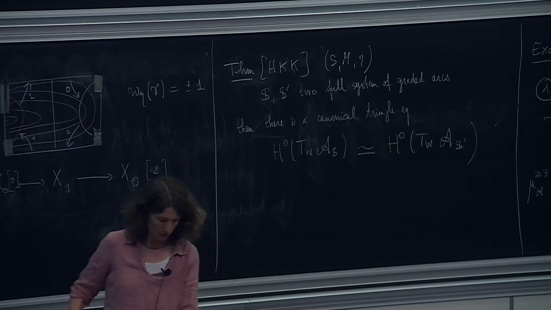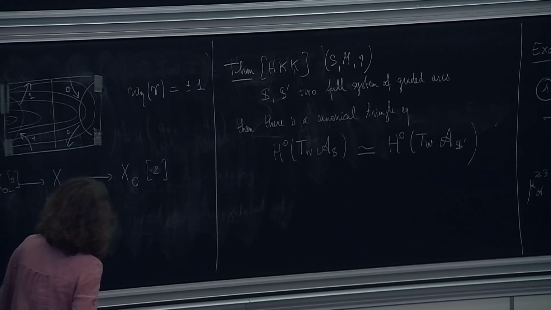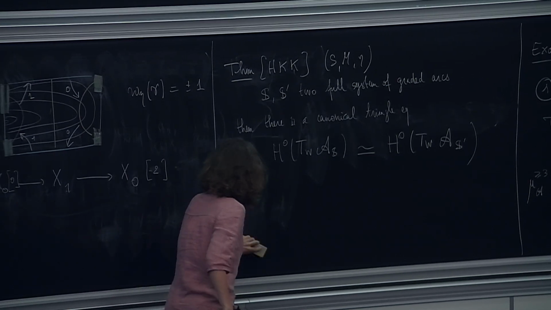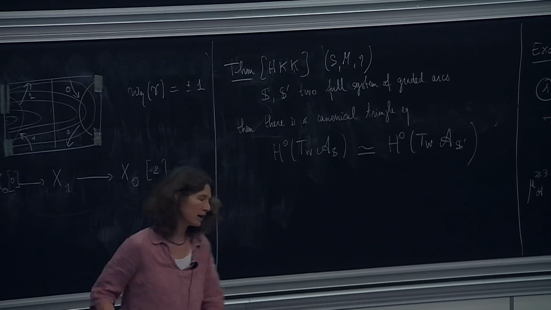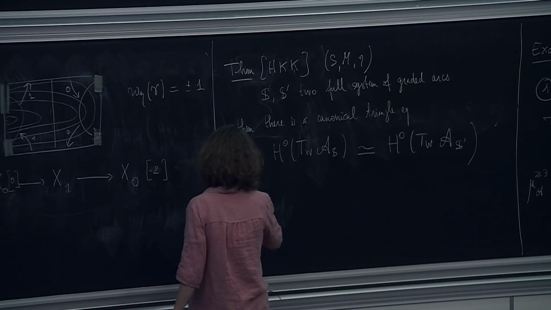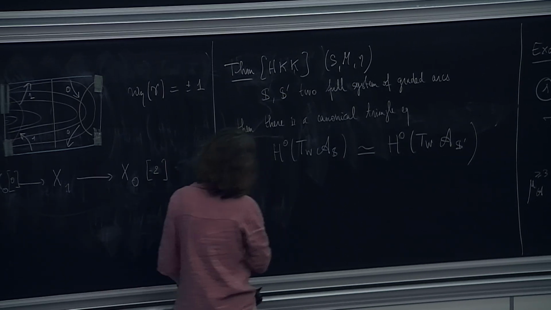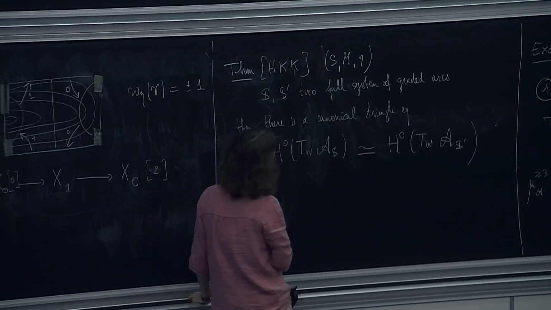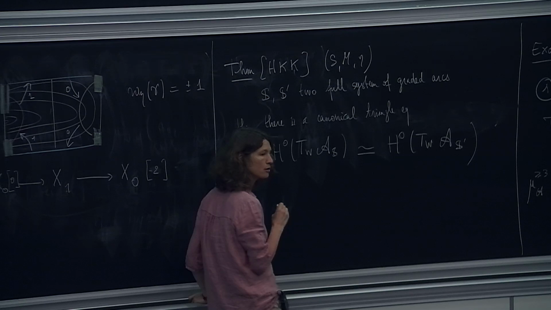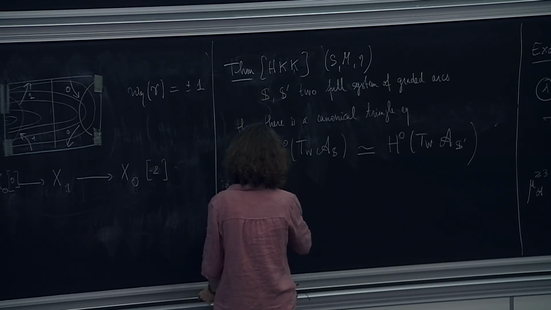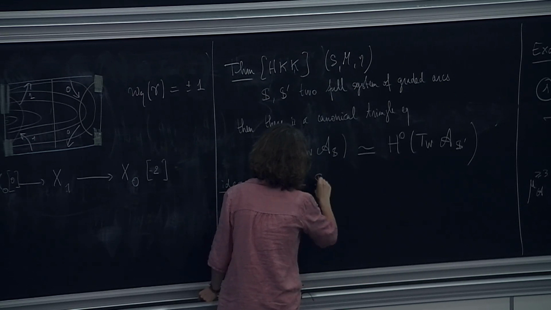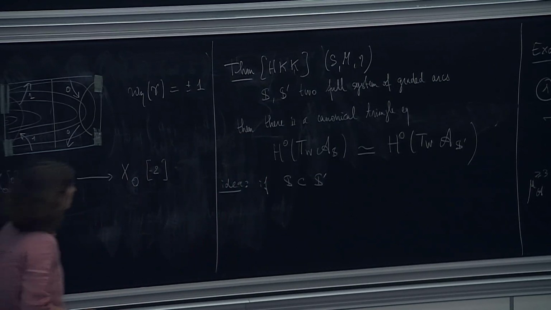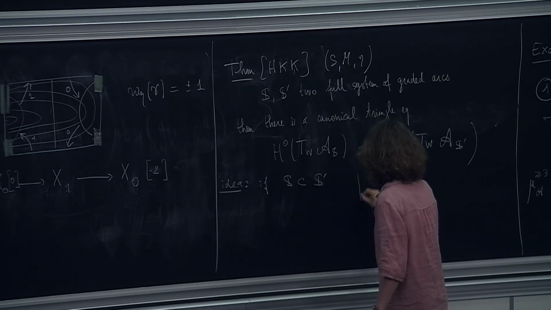Okay, so what is the idea of the proof? The idea of the proof is that if you start with two full systems of graded arcs that are included into each other, so if S is included in S prime, that could be the case because, remember that I could take in